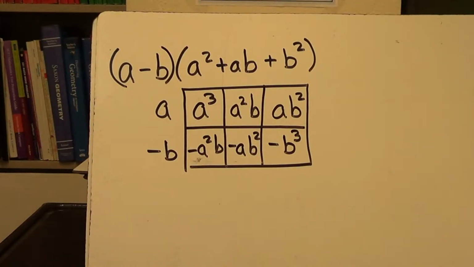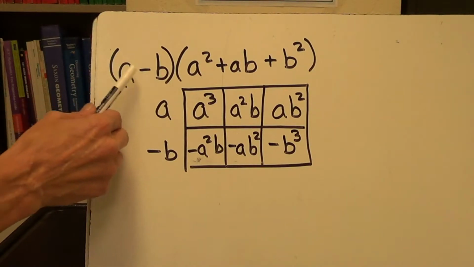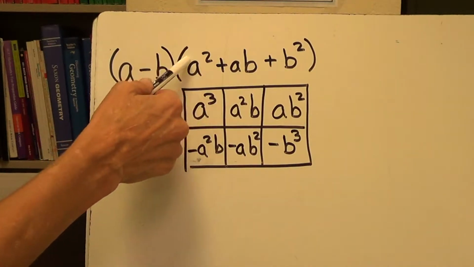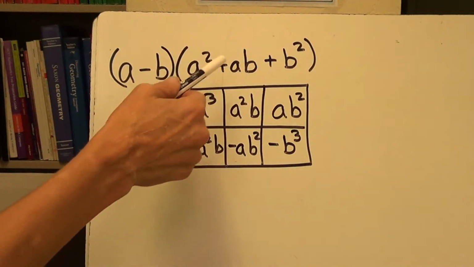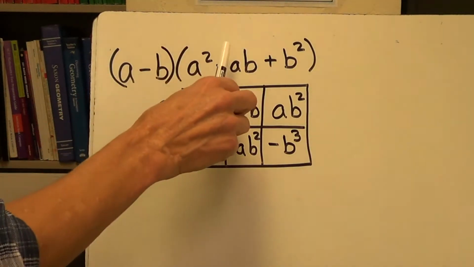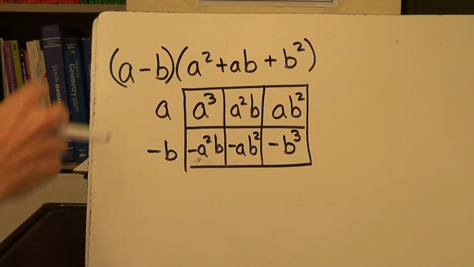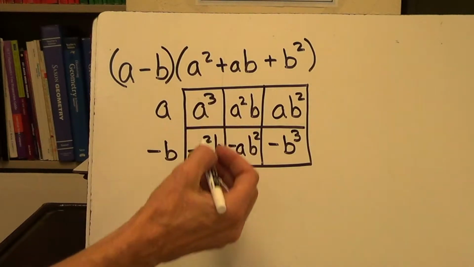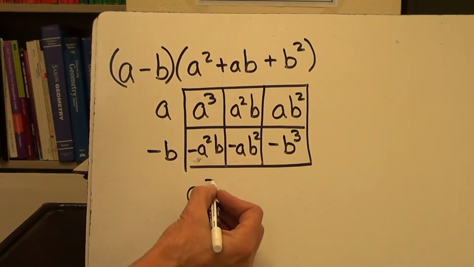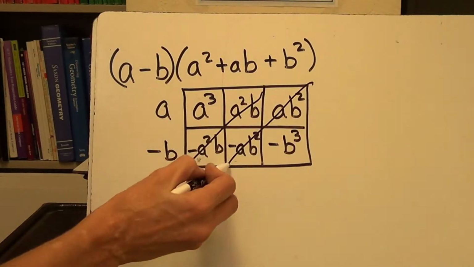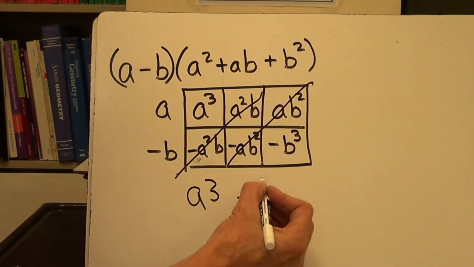So now here's one other kind of special situation. If you end up with a minus b times a perfect trinomial square of a squared plus ab plus b squared, actually that's not perfect because it doesn't have the 2 in there, but it's a similar pattern. If you multiply that, watch what happens. You get an a cubed, this wipes out with that, and this one wipes out with that one,